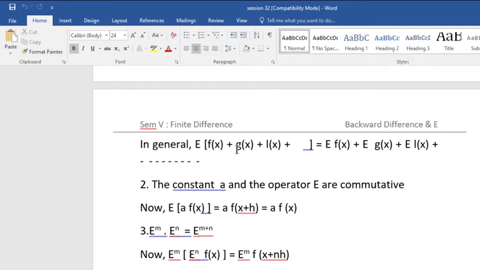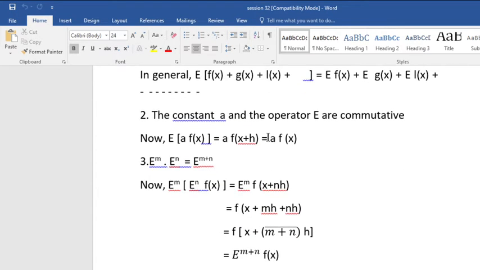That means we can operate this shifting operator on each of the functions separately. The second property: the constant a and the operator E are commutative. Now we have E of a into f of x. We can write it as a into f of x plus h,